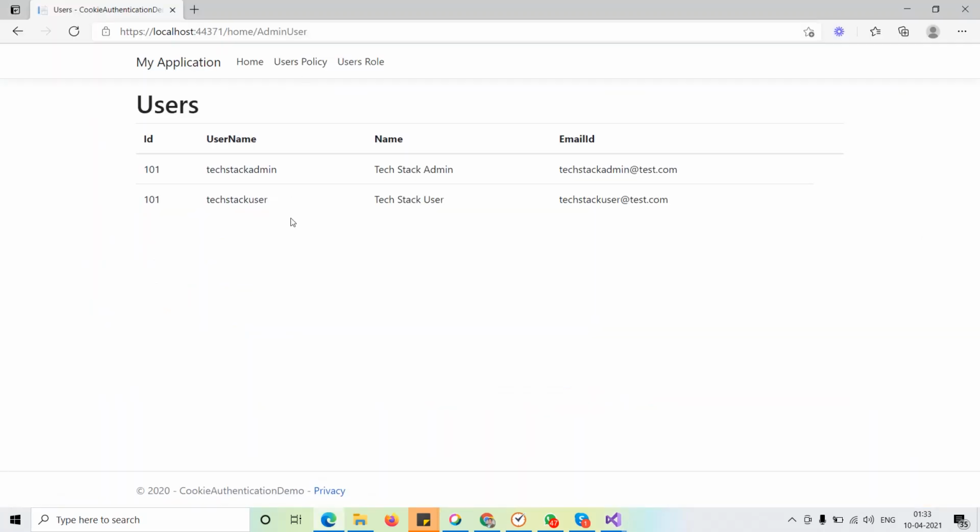Okay, so yeah, this is the complete application where you can implement the roles, and you can implement the policies, and you can authenticate the user with the roles and policy and controllers, all the things. So this is the whole application which can be used anywhere in ASP.NET Core, MVC, and APIs.